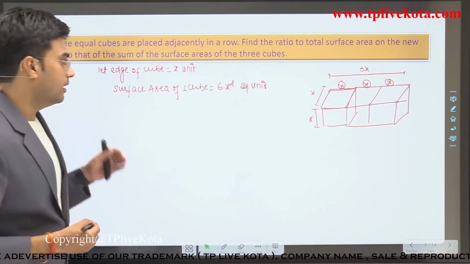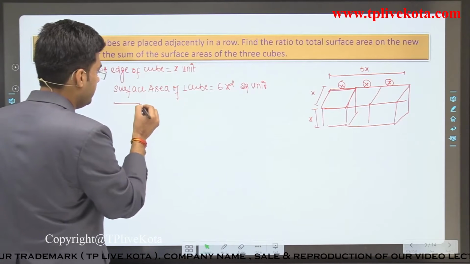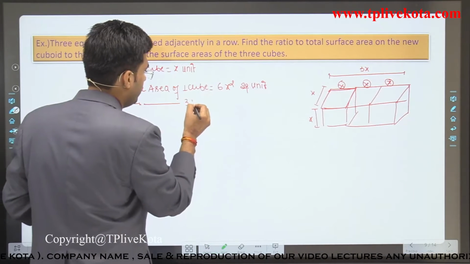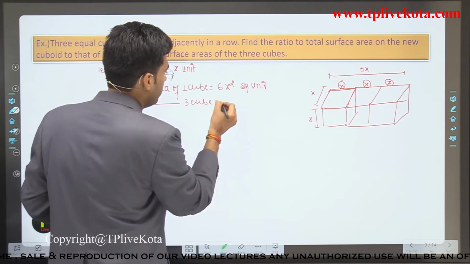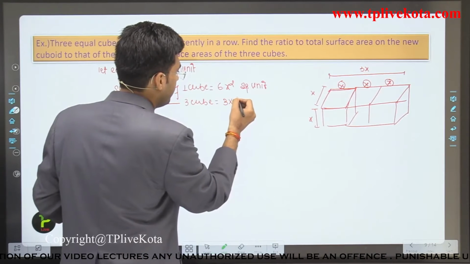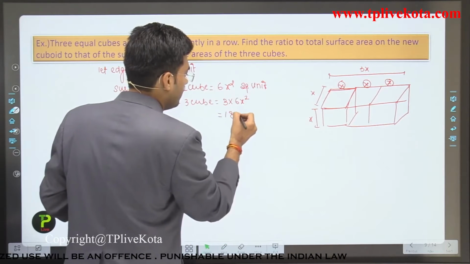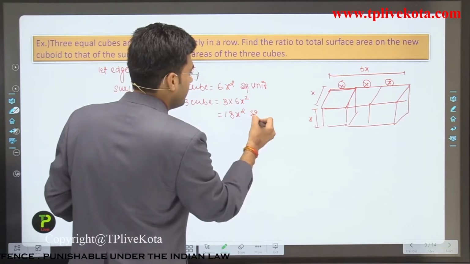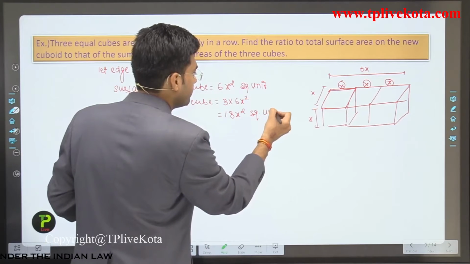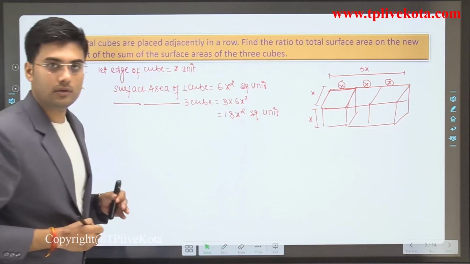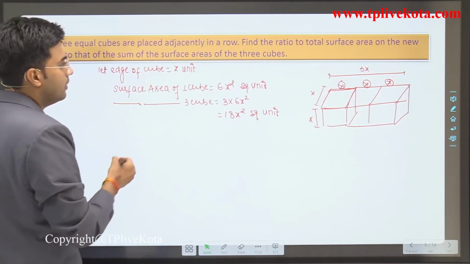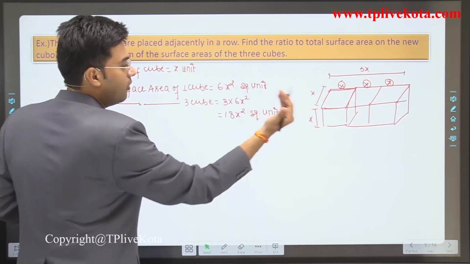Clear? And the surface area of 3 cubes is equal to 3 multiplied by 6x square, that is equal to 18x square unit. Clear? Now the surface area of this cuboid,